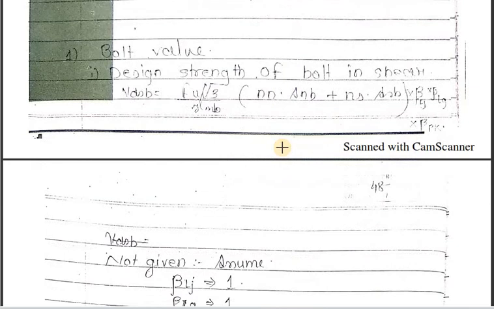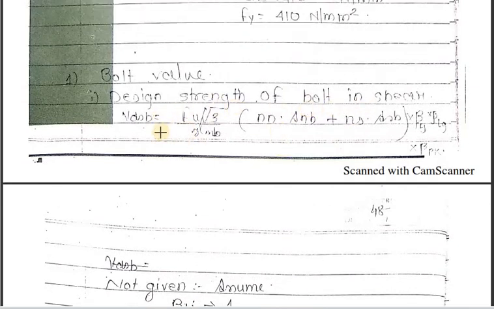Then what is bolt value? The bolt value is the design strength of bolt in shear. So VDSB is equal to FU divided by square root of 3 gamma MB. The same formula is there. Again, I have told you that we have to multiply with the conditions, that is beta Lj, beta Lg and beta Pk, depending upon the conditions. Only the beta Pk condition is satisfied in this problem. The rest, beta Lj and beta Lg conditions, have not been taken care of in the present case.